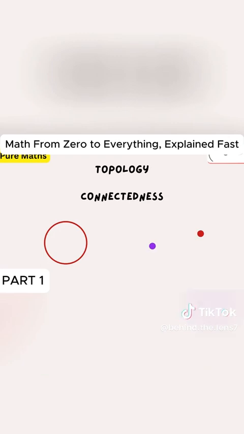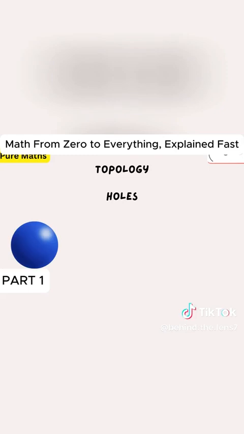parts together. Key ideas in topology include connectedness, like a circle is connected. 2 separate dots aren't. Then holes, like a sphere that has no holes. A donut, also called a torus, has 1 hole, and a pretzel